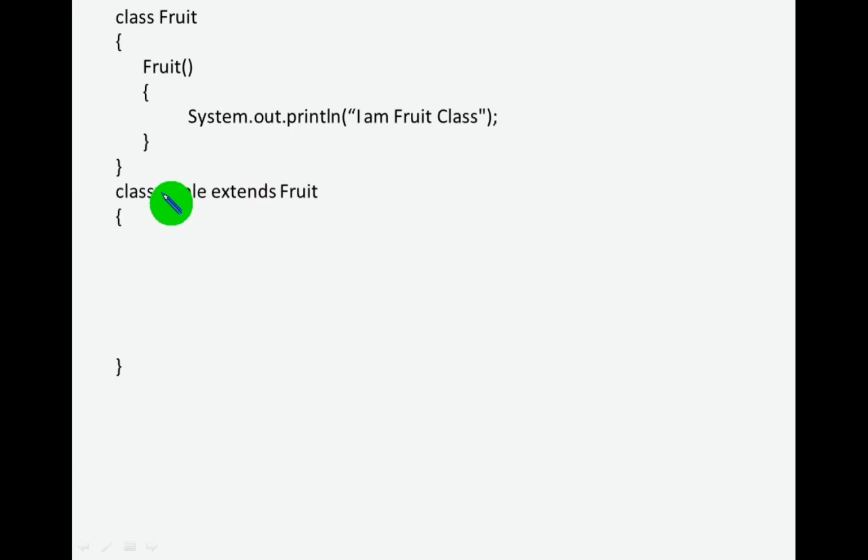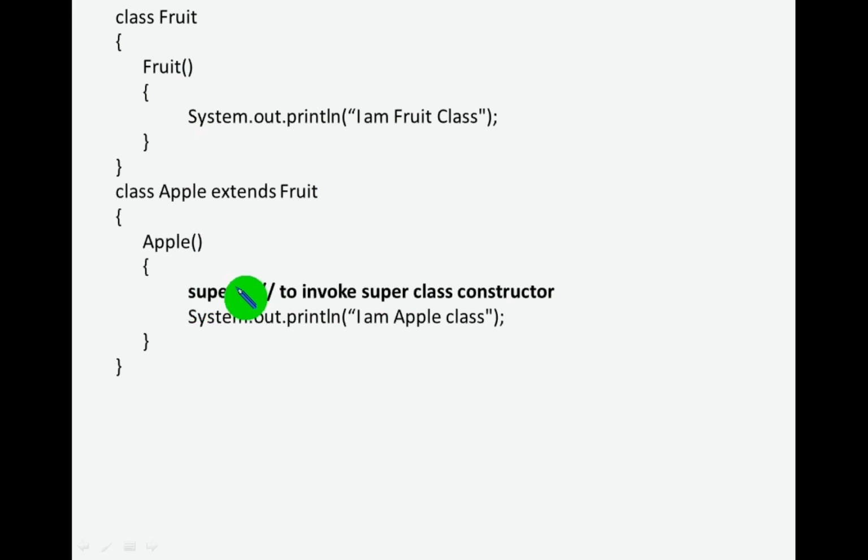Now we are going to inherit. Class, subclass name is Apple, extends keyword, then the superclass is Fruit. Now we are going to define a subclass constructor, Apple. Inside this Apple, we are going to invoke the superclass constructor. See this, the super keyword.